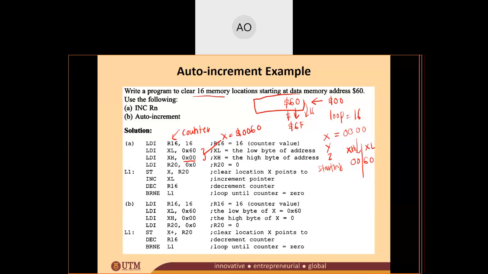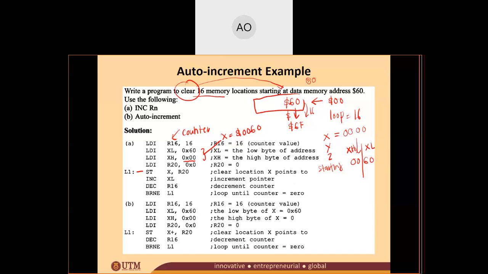Okay, next. Load I R20 with 0. Why are we going to load 0 to R20? Because in this question, it asks you to clear the value, clear the memory address. So clear is 0. So you need to have one GPR with a 0 value. So that's why load I R20 with 0. And then